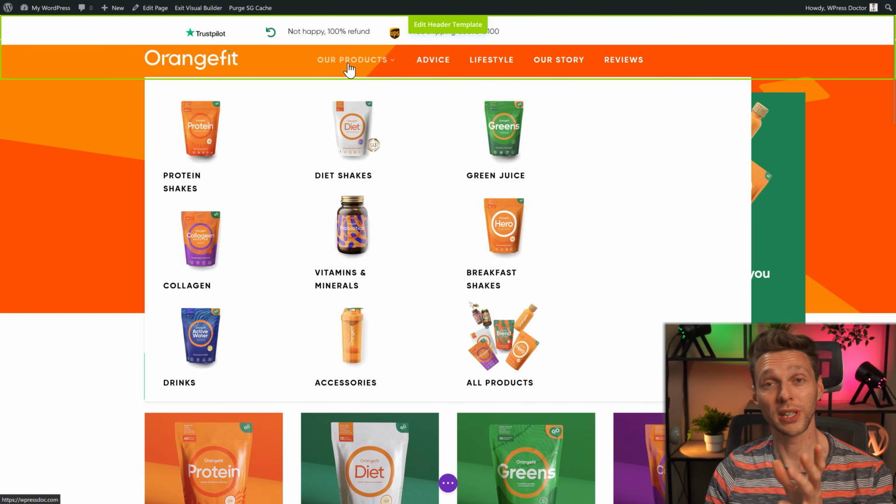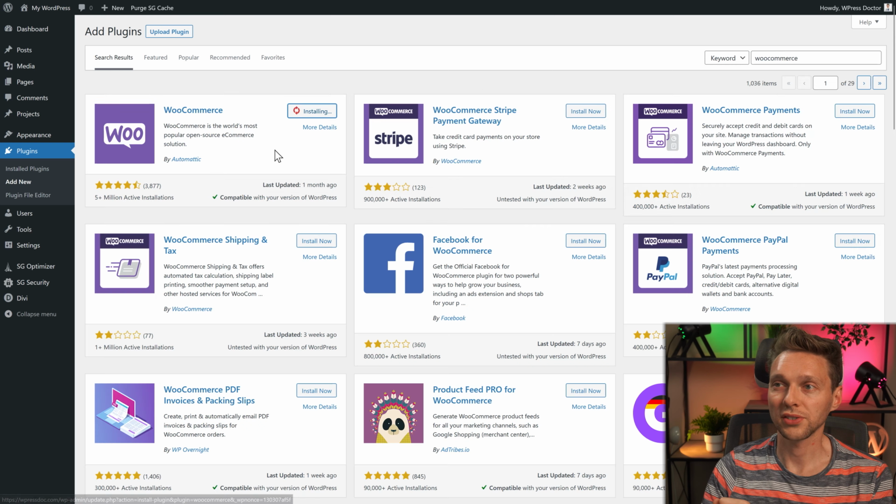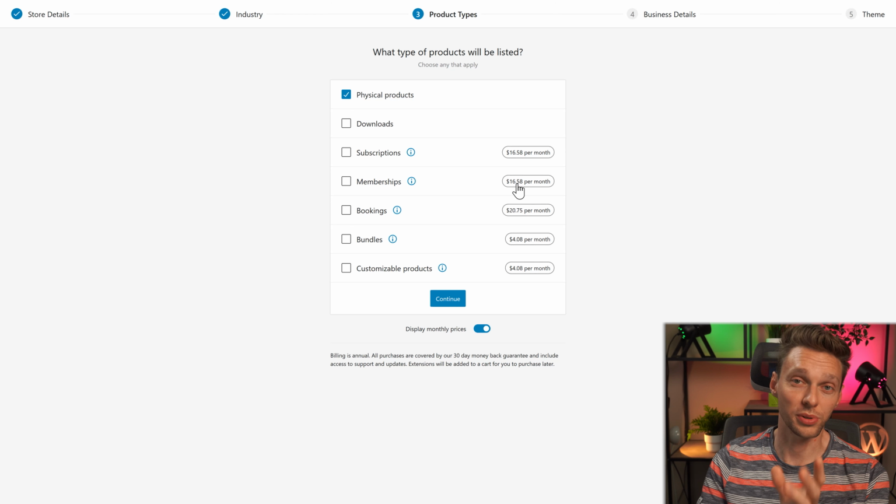Let's just start with creating the actual e-commerce site of this website, because I know a lot of you guys wanted this. Of course, to create a web shop, you need a plugin like WooCommerce. Let's use that one. Press install now, and then we press activate. First thing we do is we set up WooCommerce with all our data. Let's press continue. I would say this particular website is in the food and drink business. What they're actually trying to do here is upsell you to all their WooCommerce products, because this plugin is free, but all these other things cost money, or you have lifetime deals with other plugin developers.